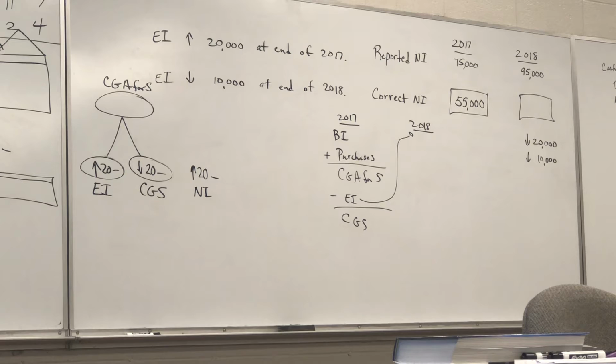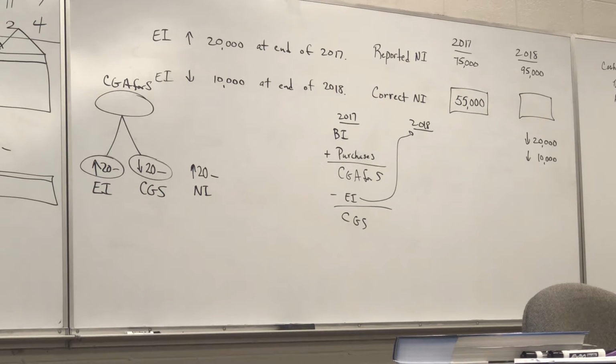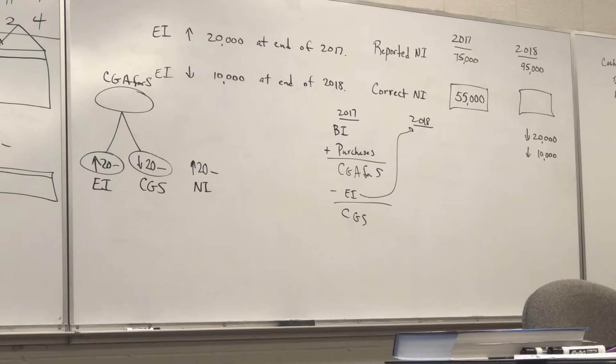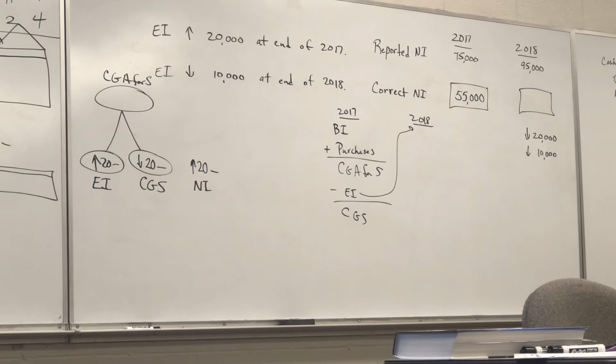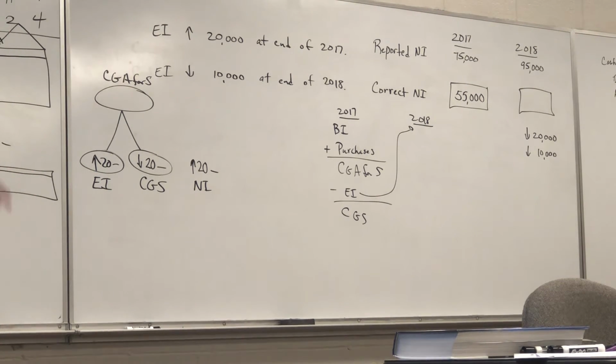B, what was cash paid to suppliers for the year? C, what was cash paid for operating expenses? So I could ask you something like that. I could also, if I still had the T account up here for,